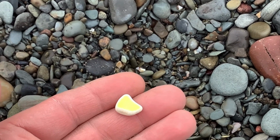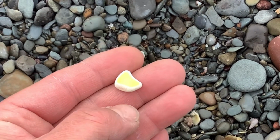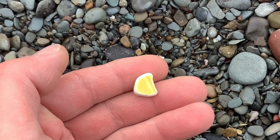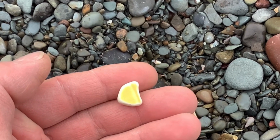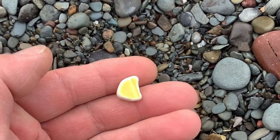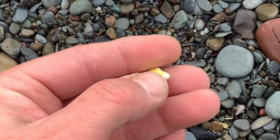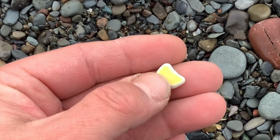Check out this bright piece of ceramic, everybody. It's a nice yellow find. It's not as nice as the yellow piece of sea glass that I found earlier, but I guess this is nature's way of telling me it's time to show that piece of glass tableware that I haven't showed anybody yet. If I'm finding this over here, and this was probably a plate or a cup,